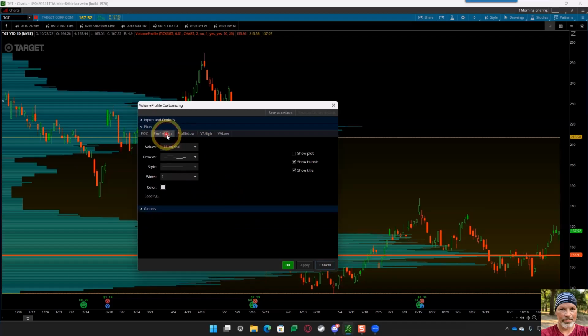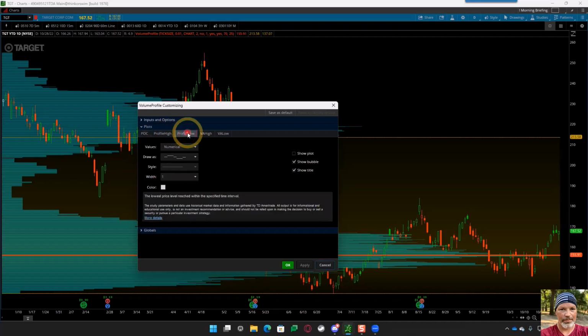Then we've got the profile high and the profile low. Now these are turned off by default, and they're going to mark the very highest point on the chart and the very lowest point on the chart. To me, I don't need those, right? I usually have things like open, high, low, close, and other things that mark that for me. But you could, if you wanted to, especially if you're nesting this thing on top of